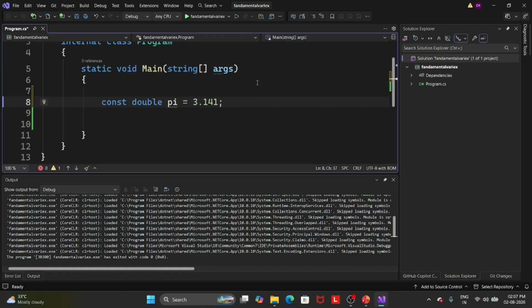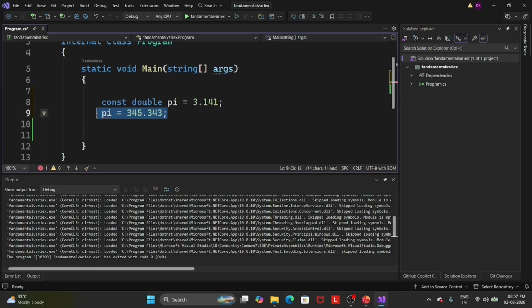We have already seen that a constant cannot be reassigned. So if we try to reassign the value of the constant like that, the system immediately gives an error. Here is the error because we take a constant and a constant cannot be reassigned.